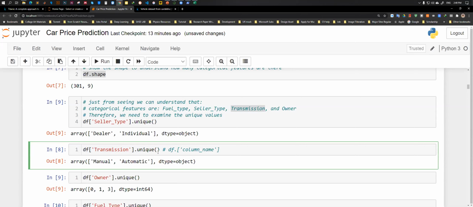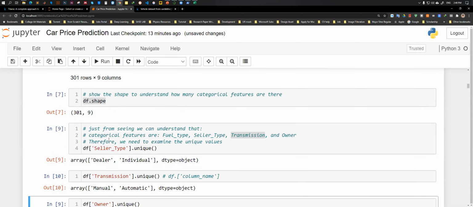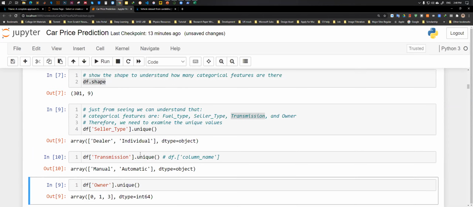And then unique, if we press, so then they will also tell us how many unique values there are in the transmission. So we have two categories: one is manual, one is automatic. We don't have any hybrid. Okay. Now,